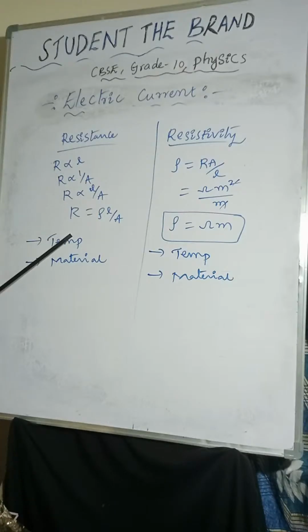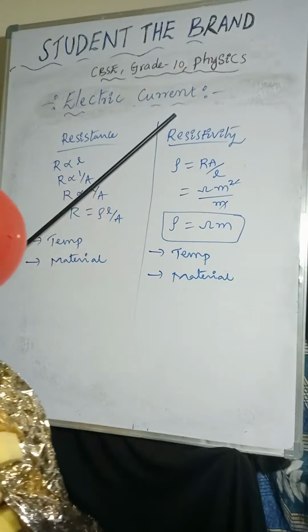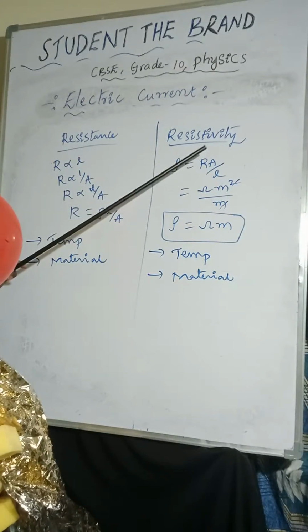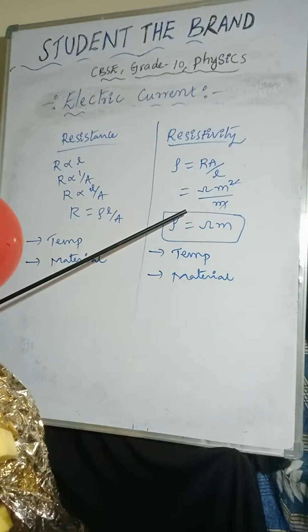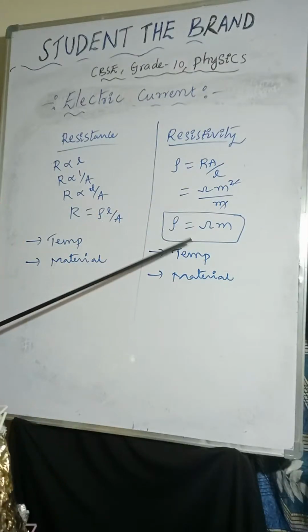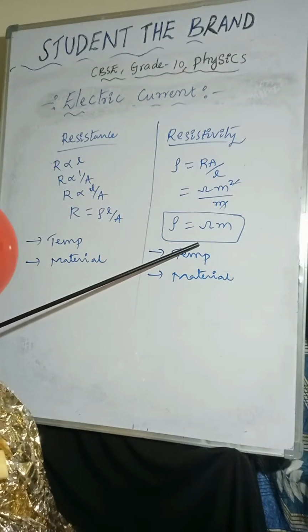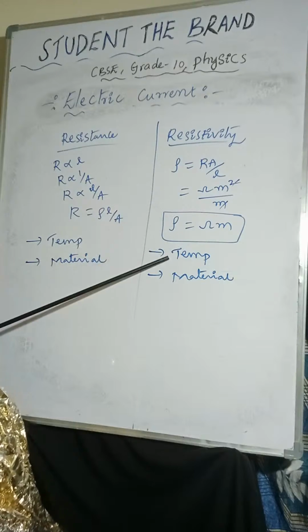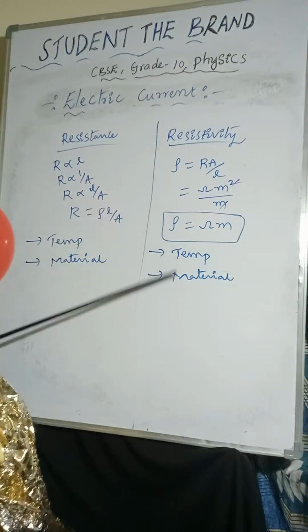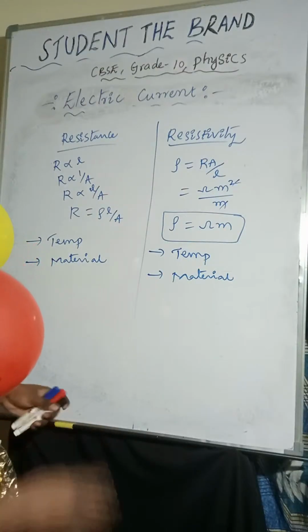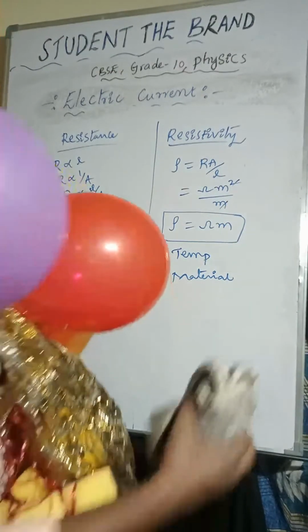So resistance depends on temperature. Resistance depends on the material of the conductor. Here, resistivity: resistivity is equal to the resistance of the conductor per unit length and unit cross-section area. The SI unit of resistivity is very important: ohm meter. Resistivity depends on temperature. Resistivity depends on the material of the conductor. So now we will discuss